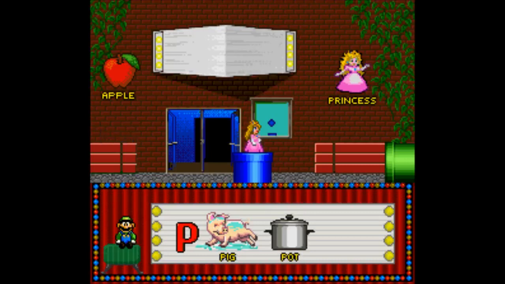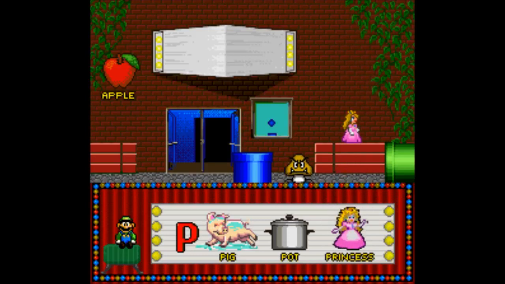You chose pot that starts with P. Pot. Pick a word that starts with the letter P. You did well. You chose Princess Toadstool that starts with P. Princess Toadstool.